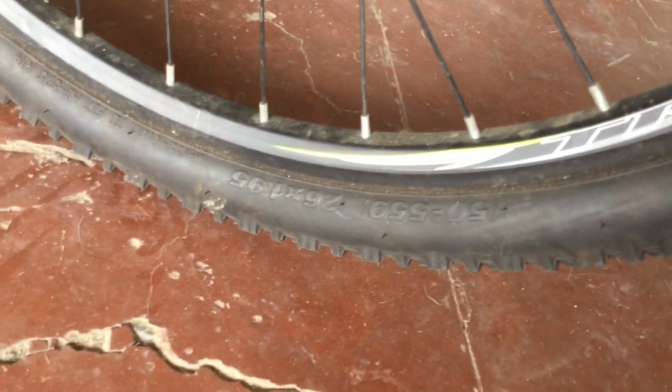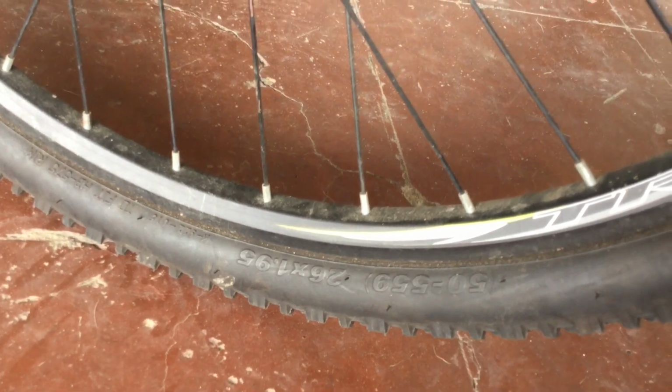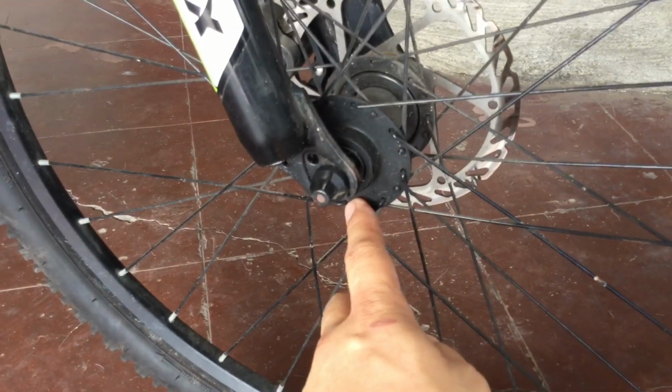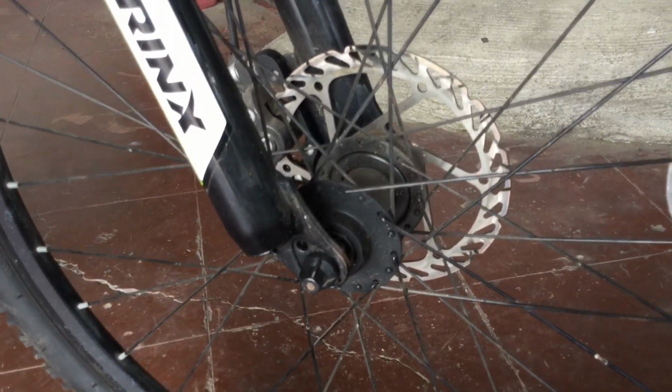Beginning with the tires. It's made by Kenda there. The size is 26, that's the diameter, and the thickness is 1.95, so those are in inches. The rims are made of alloy, the spokes made of steel, and the hub I think is also made of aluminum alloy, and it got